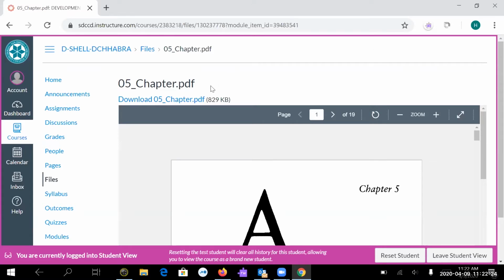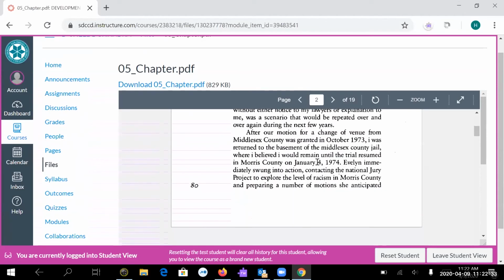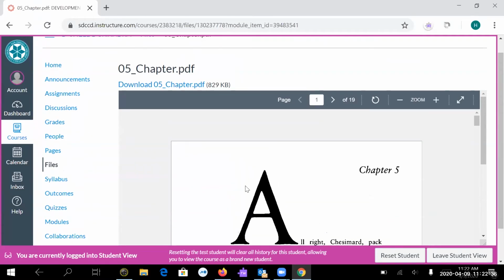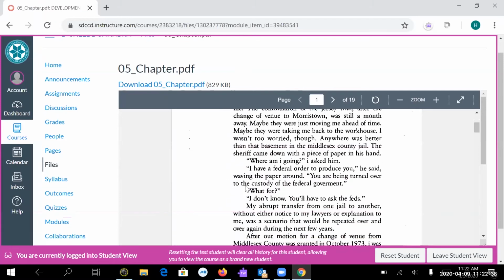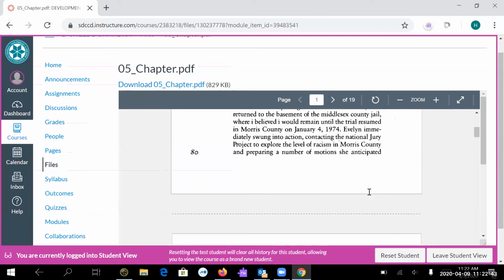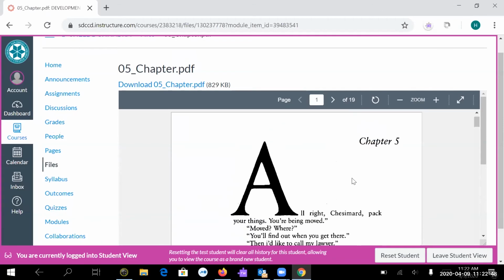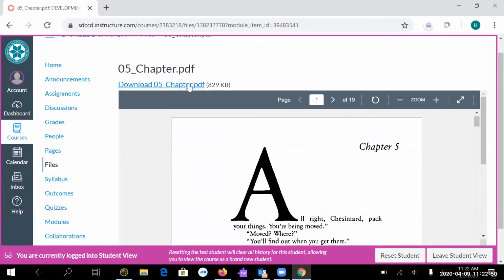Okay, so here I have a file that the professor might have given you. And it usually does show a preview of whatever file this is. Here, this is a selection from a book that perhaps the professor wants you to read. You can sometimes read it on Canvas directly, like you can here. But sometimes it'll just be a link, and you would have to download it to access the content. So all you need to do to download the file is click on the link,